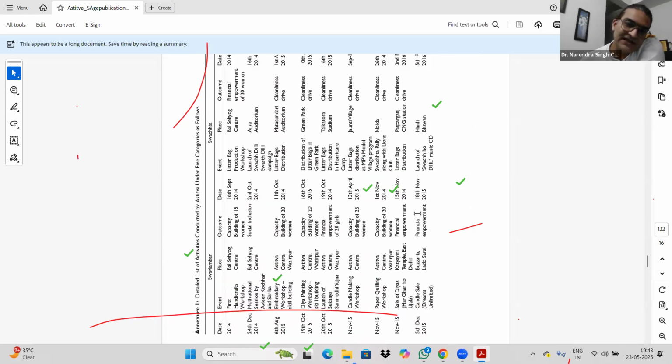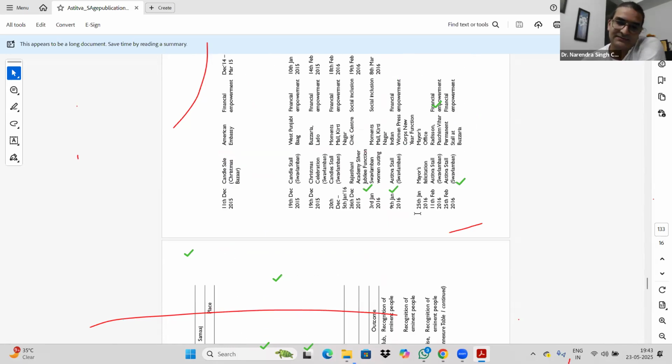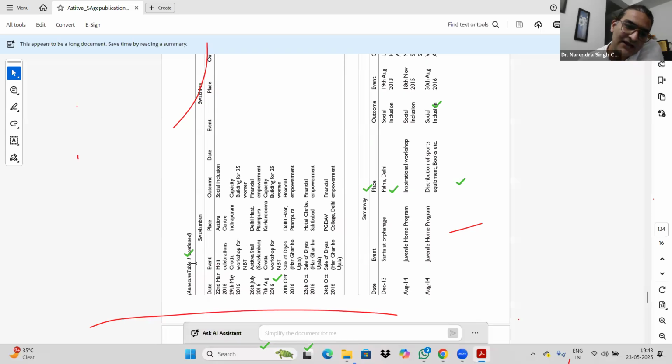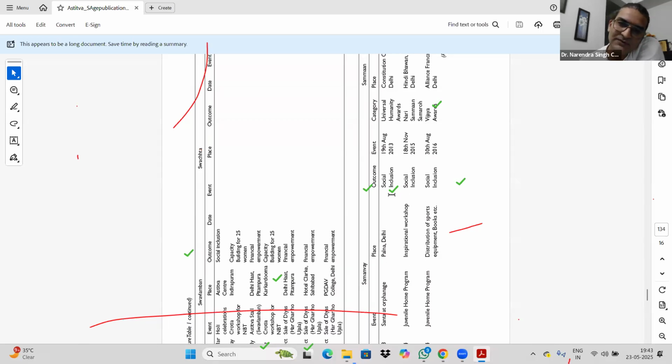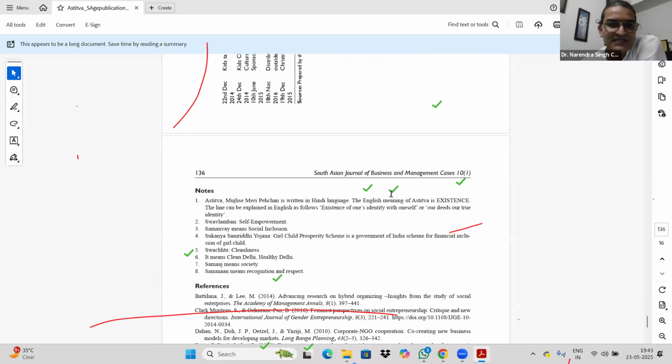See, these are the various activities they have done, and how they are doing it. These are the various categories. What kind of activities are they doing, and what is the outcome? What is the place? What kind of activity? You can say event, Samanvay, outcome. You can see they have talked in detail about whatever has been there. So this is a certain example.